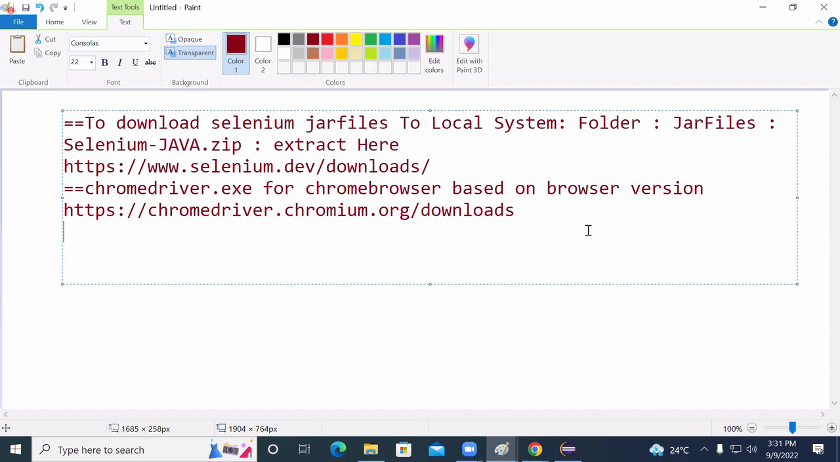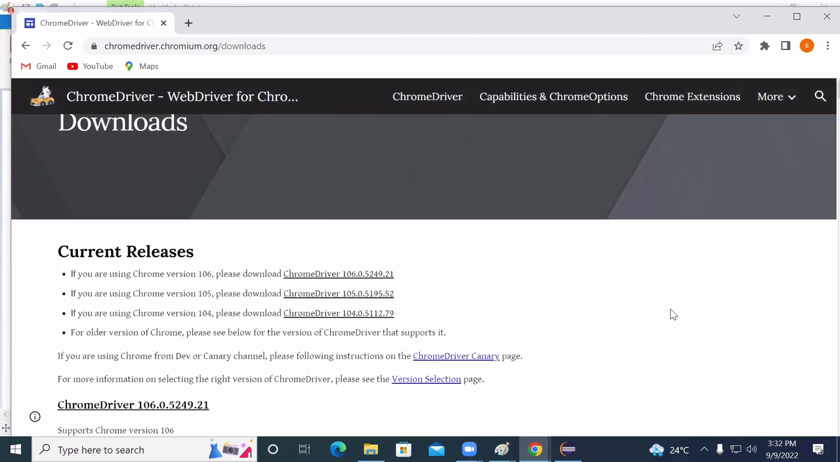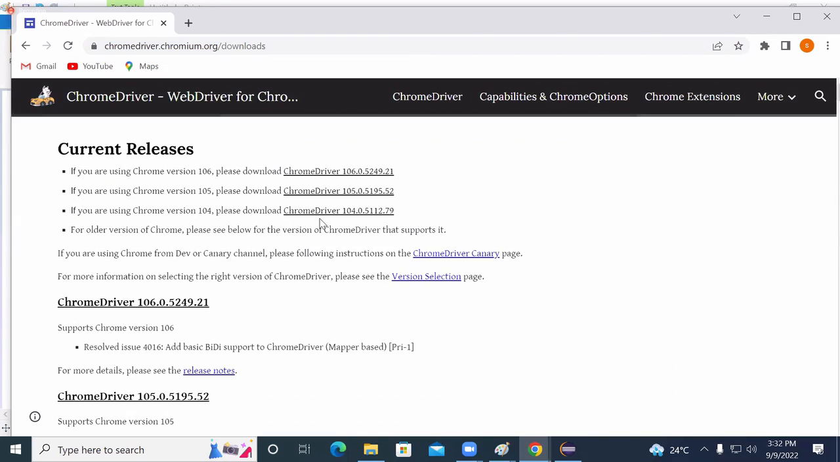Right. Now we can see how to download that driver.exe file. See the understanding here. These drivers depend on the Chrome version. If the Chrome version is 106, what should the driver be? 106. If the Chrome version is 105, what should the driver be? 105. If the Chrome version is 104, the driver is also 104. So based on your browser version,